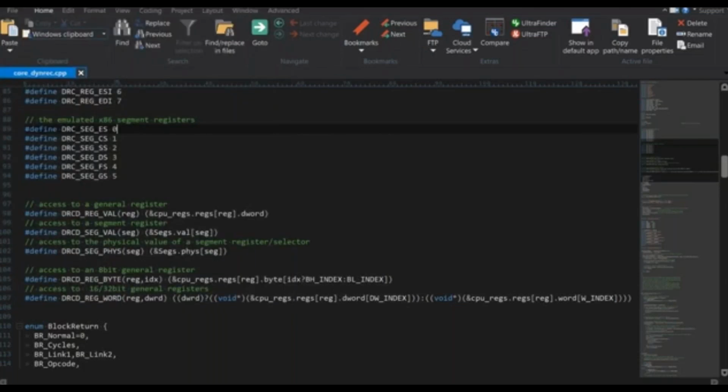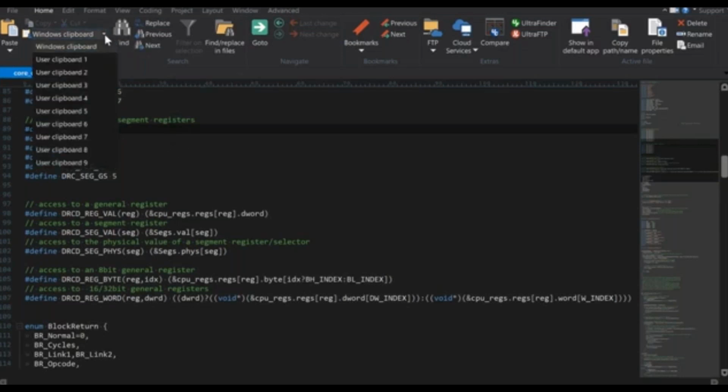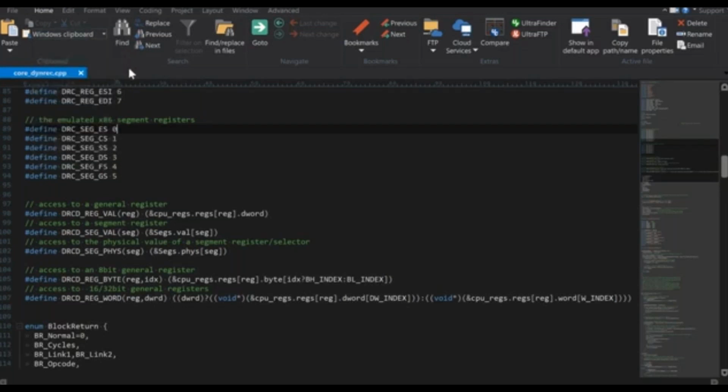And then the home tab. The home tab is basically the most commonly accessed functionality in UltraEdit. So you've got your basics like paste, cut, copy. The clipboard selector, we support multiple different clipboards within the application so that you can switch between them without overwriting data on another clipboard. All of your search options, navigation options, bookmarks, and then we have some, we call it